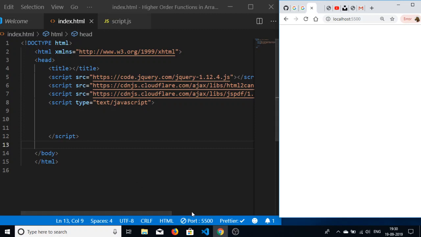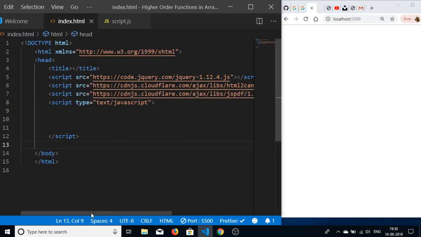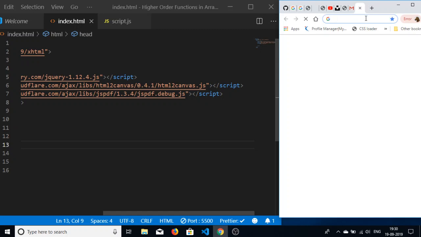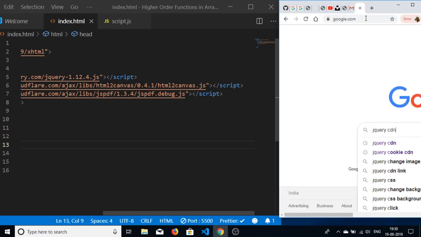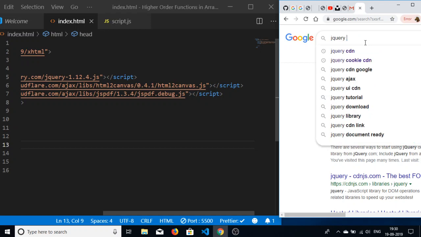Basically, there are 3 scripts you want to import. First of all, you need to import jQuery, include the CDN, then import html2canvas. You can just search for it, it is very easy. For jQuery, just search jQuery CDN. If you write here, you will get the CDN, copy paste it, and after that you have html2canvas, just write this